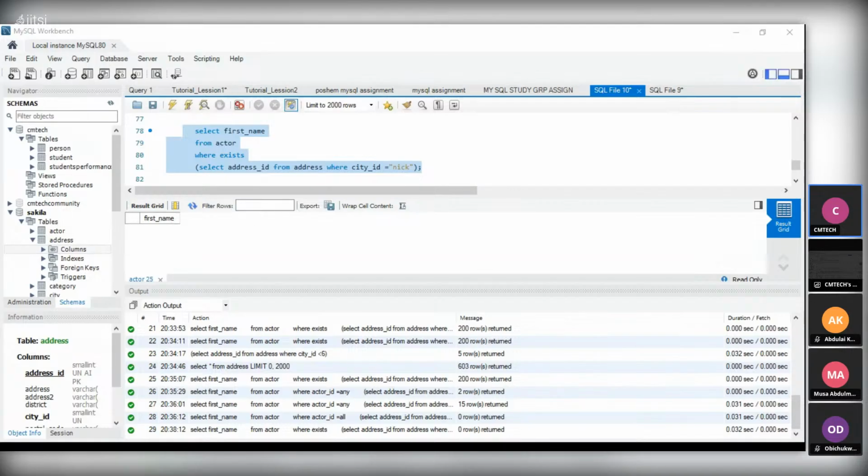Now let's move on. I've already explained the any and the or. With any, if any of it matches, it will return the true value. But if none of them matches, it will not return. So that is the or. So let's move on